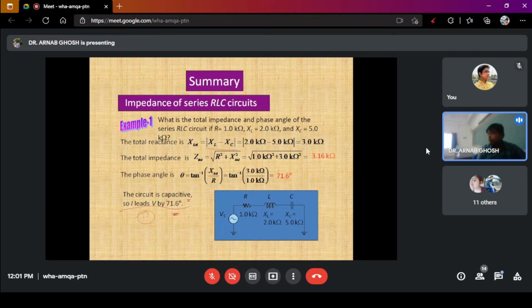If you are asked to draw the phasor, you have to draw the phasor accordingly. So what will the phasor look like here? If you are drawing the phasor here,